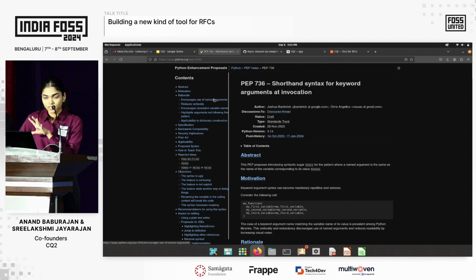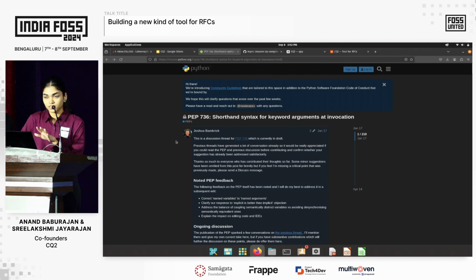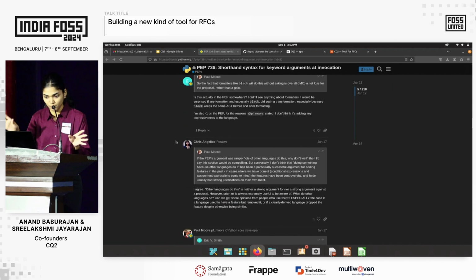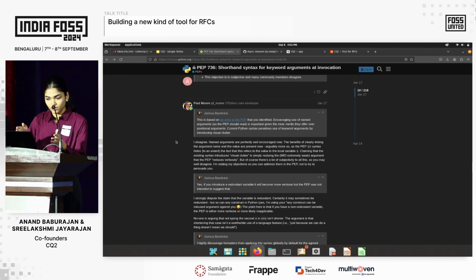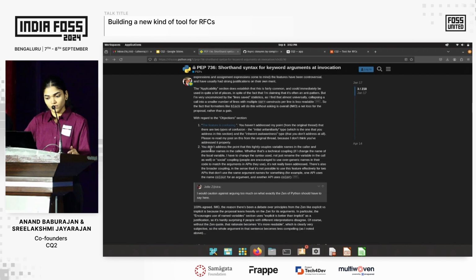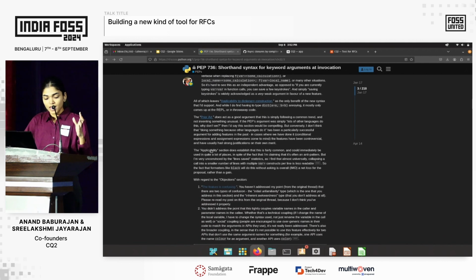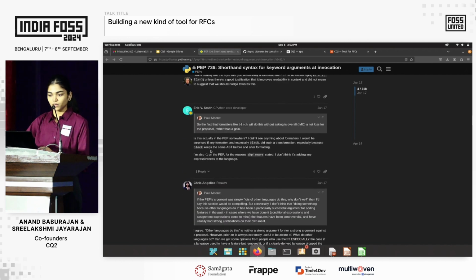Yeah, so this is the actual document. This is in a different site, and this is the discussion of that document happening in Discourse. So the two are in different places, and this is a discussion, as you can see. Some pain points faced are that all of the general comments on the document and comments on specific threads are mixed up and lined up in a linear fashion, as you can see. And this is a pretty long discussion.